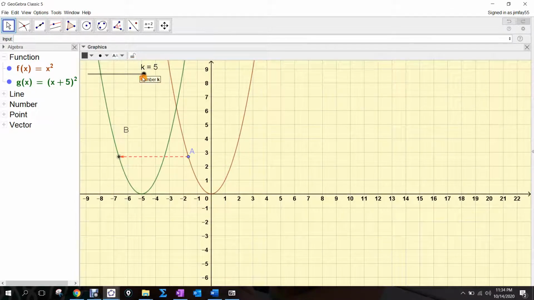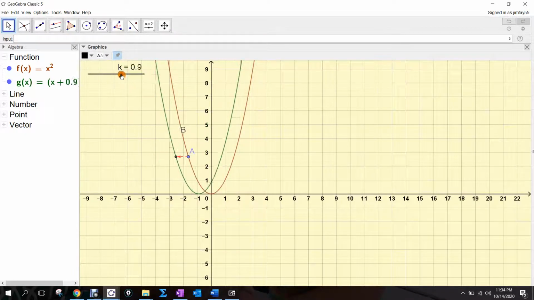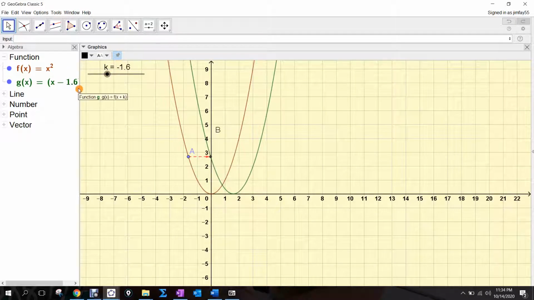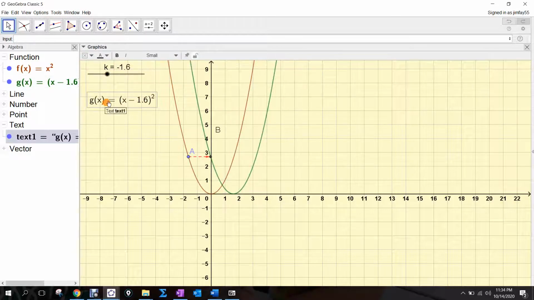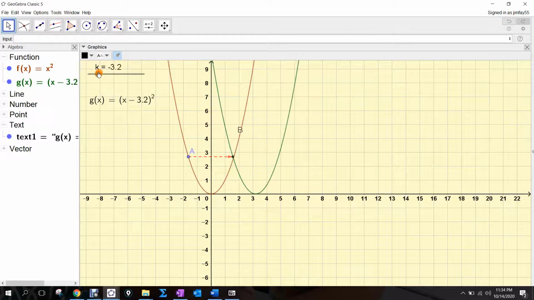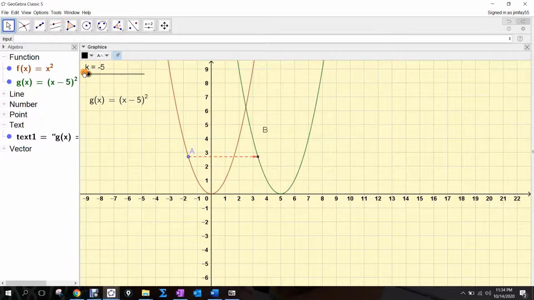If I wanted to go back to this, now let's say that I subtract a k value from the x before I square it. It looks something like this. You can see that that is taking my parent function and moving it to the right. So that's the difference between working with